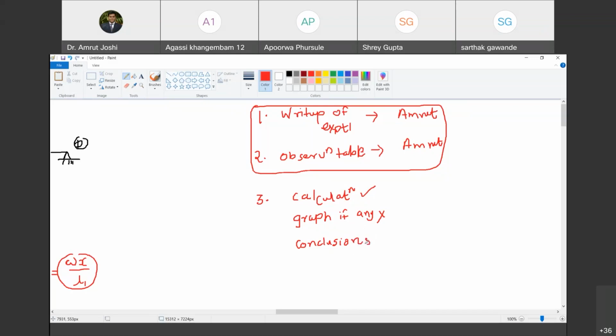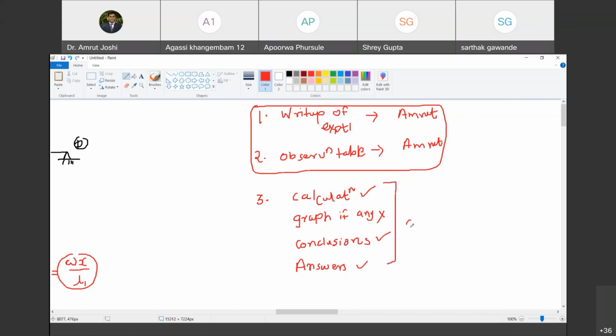Okay, sir. So you have to write down the conclusions and you have to write down answers to the questions. ये जो write up है, इस write up में हर एक experiment के बाद में 3 या 4 questions दिए हैं, तो उनके answers आपको लिखने हैं या type करने हैं. Are you with me? Yes, sir. Plagiarism nahi chalega. I will be reading each and everyone's answers. If I find that the sentence is copied or something like that, I will come to know. So don't do that. You write in your own language answers to all the questions that are given at the end of the experiment. This you have to do.